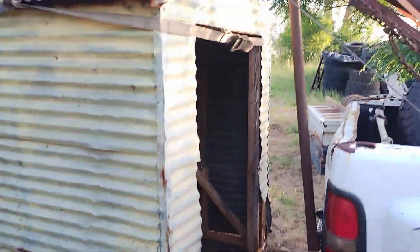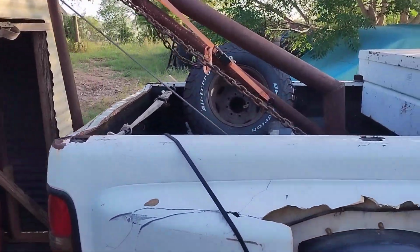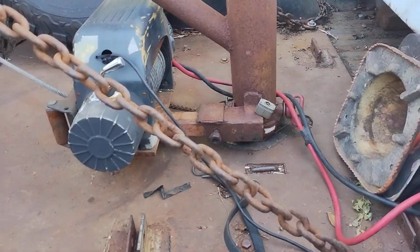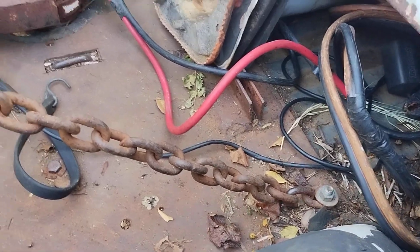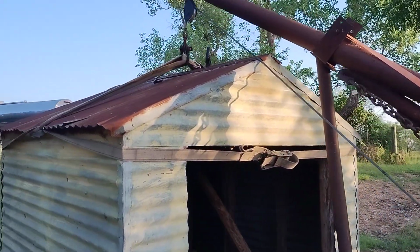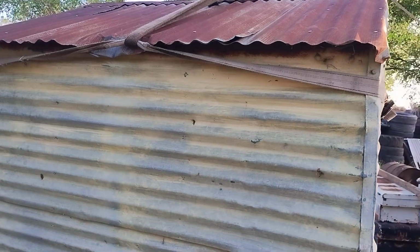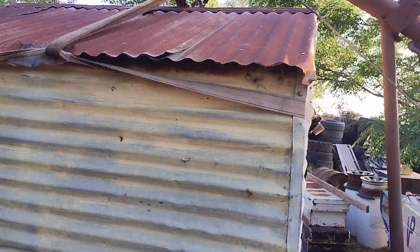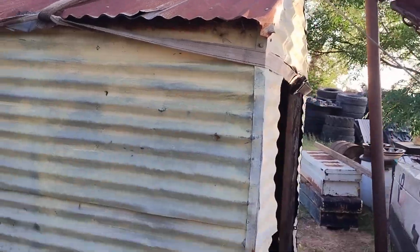I got this old building, and I had put the boom back on the truck here that works off of the gooseneck ball with chains anchored through the floor down to the frame. I've showed that setup before working on other stuff. I had to run a ratchet strap around this building and then lift it up with a lift strap, pulling it tight, and move it to this old busted up concrete pad here,